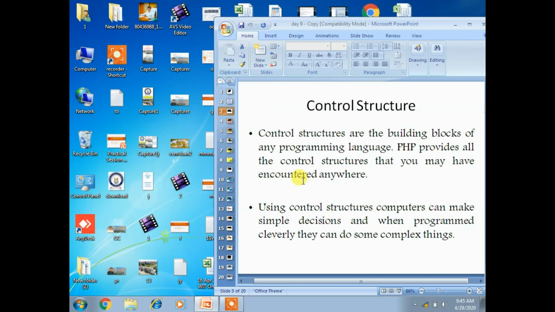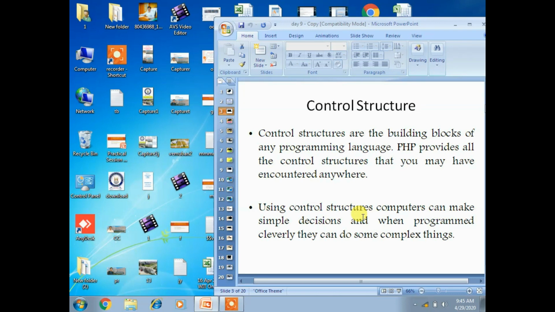Based on the condition, it will display the value. Using control structures, computers can make simple decisions, and when programmed cleverly, they can do some complex things. For complex things we can use a conditional statement, so that it is easy to process complex problems.